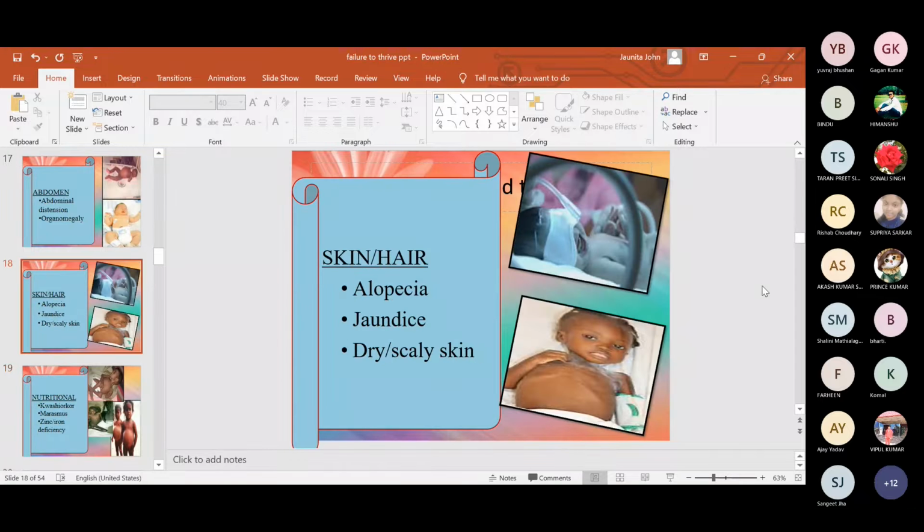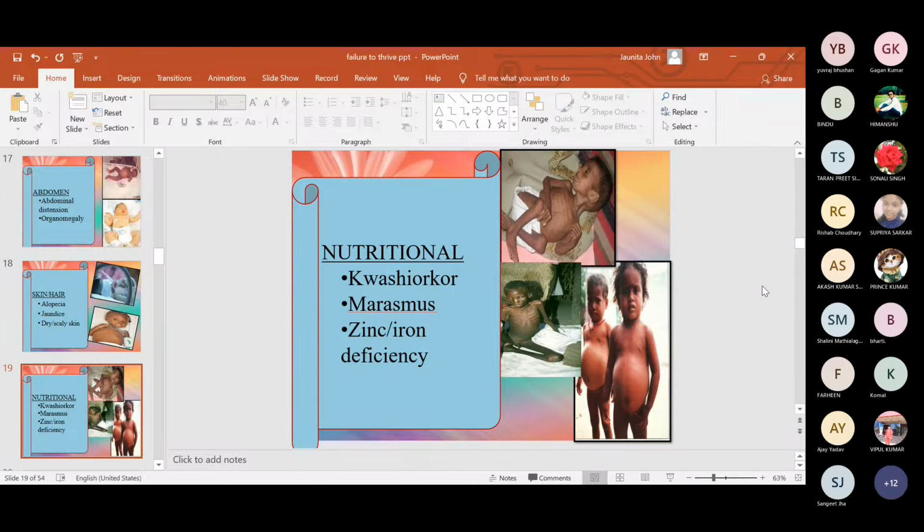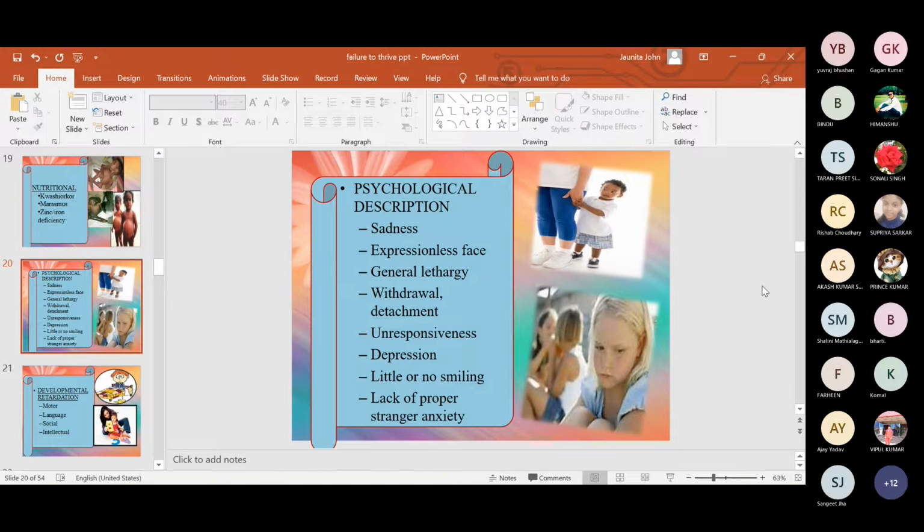और stomach में. Skin and hair में jaundice, alopecia, I told you all, it is complete or partial absence of hairs, or you can even call it baldness. Dry skin or scaly skin. Nutritional में I have told you all about kwashiorkor and marasmus. Kwashiorkor is properly protein deficiency, whereas marasmus is what all three? marasmus में कौन सी three involved हैं? हम कार्बोहाइड्रेट, प्रोटीन, very good. Next is zinc, iron and iron deficiency था, जिनको proper supplements नहीं मिल रहे.